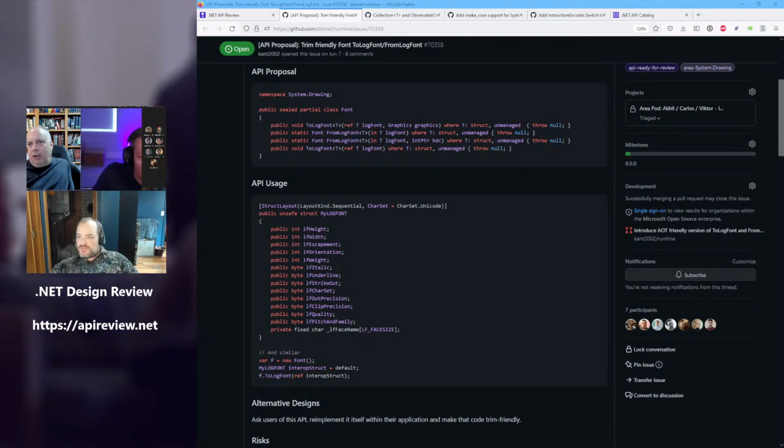And I wouldn't call it my log font. I would just call it log font and match the Windows naming for everything, to be super explicit that that's what it is. That seems reasonable to me. I mean, we'd take off all the LFs, but